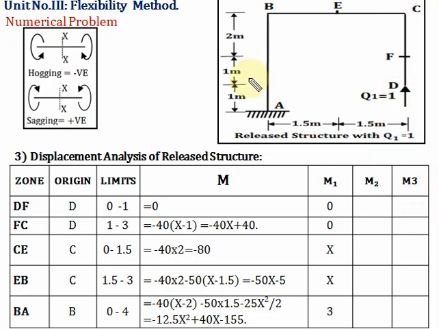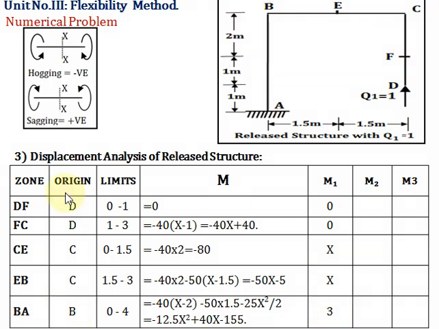Next we'll take the section here, measuring x from point B. Now this force will act like this. The nature of bending moment will be sagging, so plus. Here the distance is completed up to B, that means B to C is 3, 2 plus 1. So 1 into 3 is 3. So the value of bending moment for zone BA is 3.